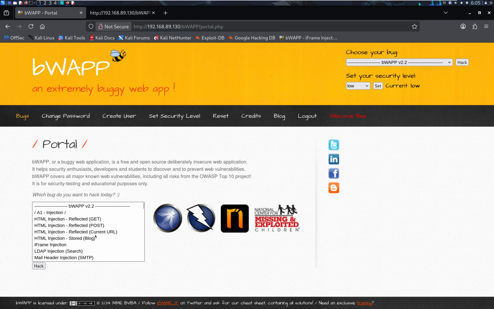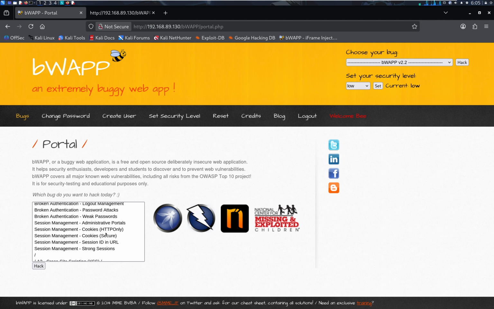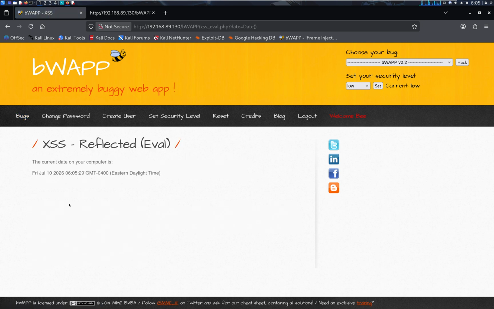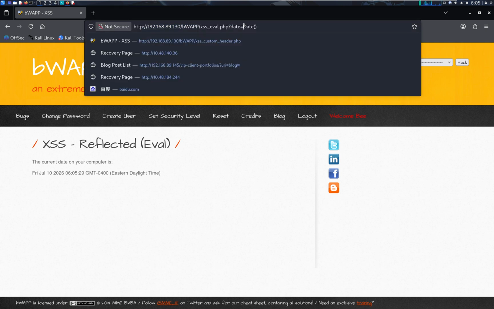And so the first step is to choose the bug, what we are going to do in this video. The eval, we can click the button. So here we got the current date on my computer, 2026. And if you notice the address bar, when we submit the request, there is a parameter date, but this time its value is not a